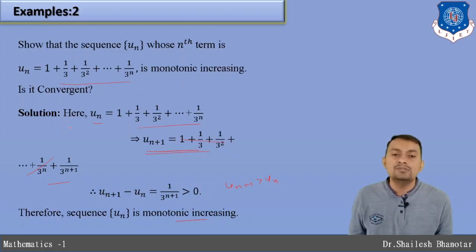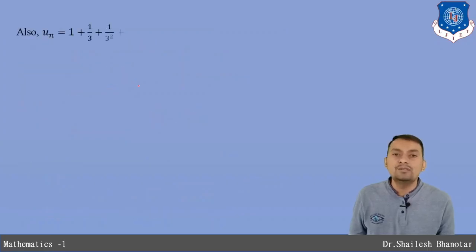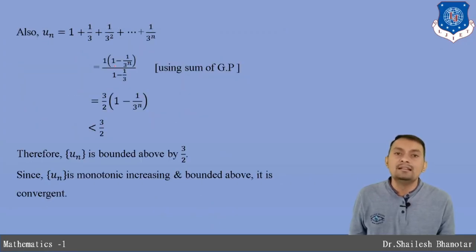So what do I have to determine? I have to determine the bound above by which number. This sequence, whatever you have given, the un, can be written as exactly a geometric progression. The common ratio 1 by 3 is there, and therefore it is a geometric series but finite. So whenever you have given this kind of series a, ar, ar square, up to ar raised to n minus 1, this finite series is there.